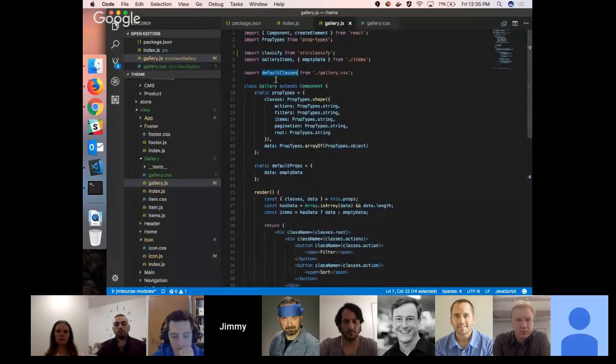But if you have your own custom gallery or you wanted to create a component that is composed of a gallery, you can specify your own classes with their own styles and pass those in. So we think that this is actually going to make development of Magento themes much more component-oriented, much easier to maintain, and have you worrying a lot less about compatibility between different pieces.